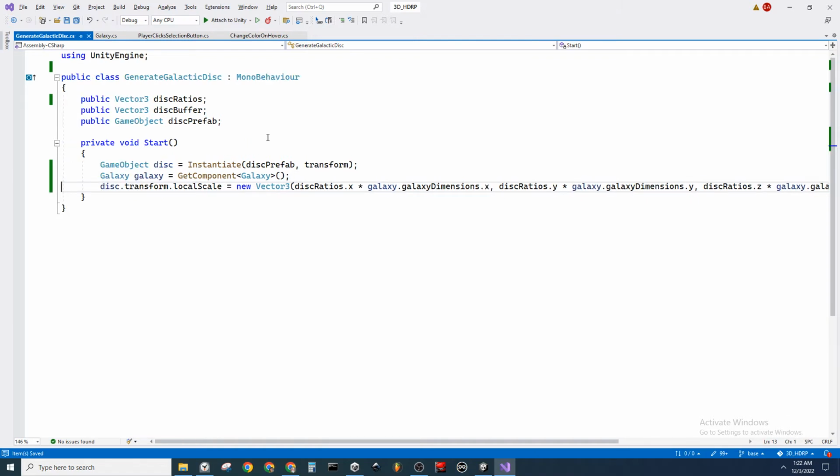Alright, so now we have the scale changing to a percentage of whatever the galaxy is. So we can change that from somewhere else, and it will be able to change in here. Okay, so now we've got